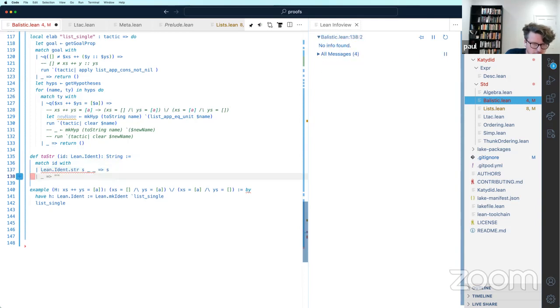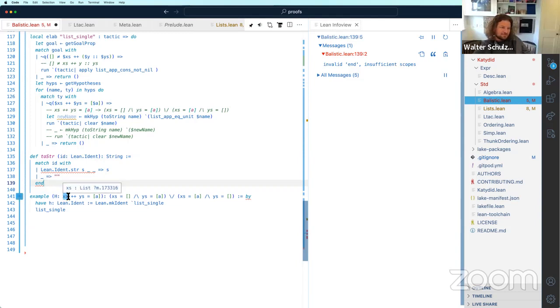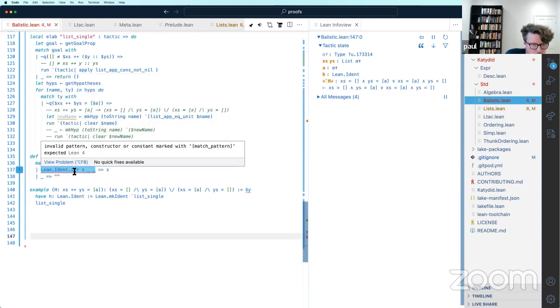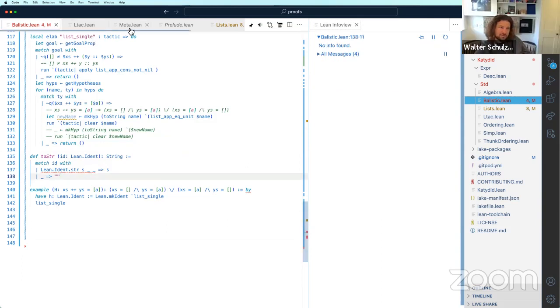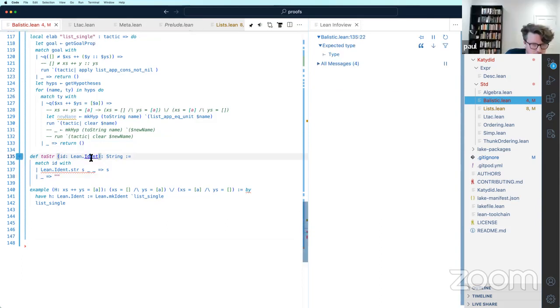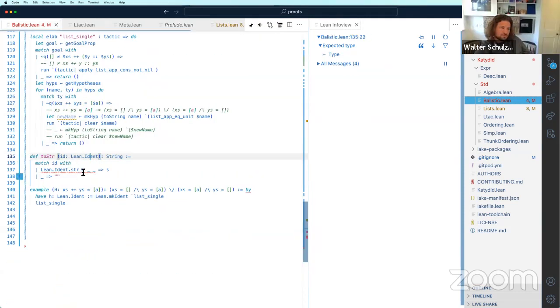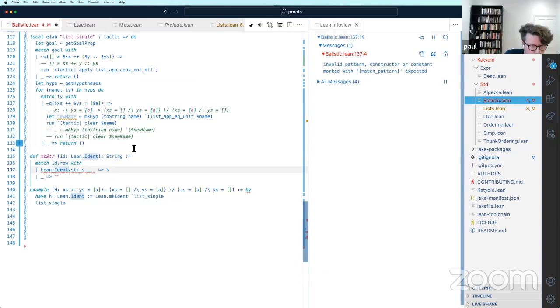So we should match it with. Yeah, this is kind of what I wanted. Yeah, but it's lean dot. No, ident has a string, does it? Dot raw. Yeah, dot raw, and then we want to pattern match on ident, if we can.